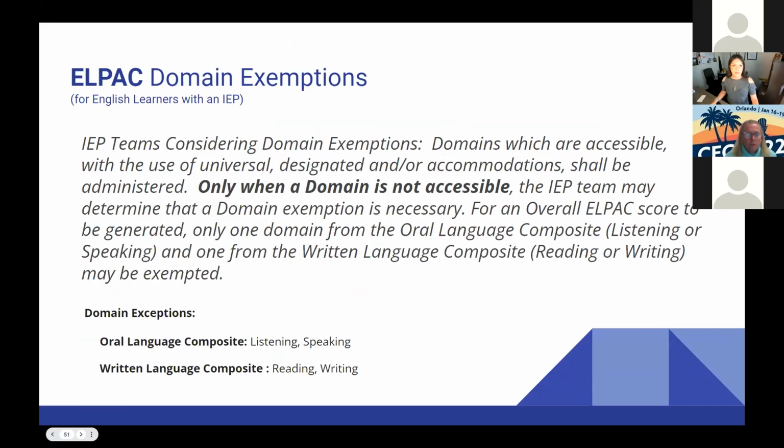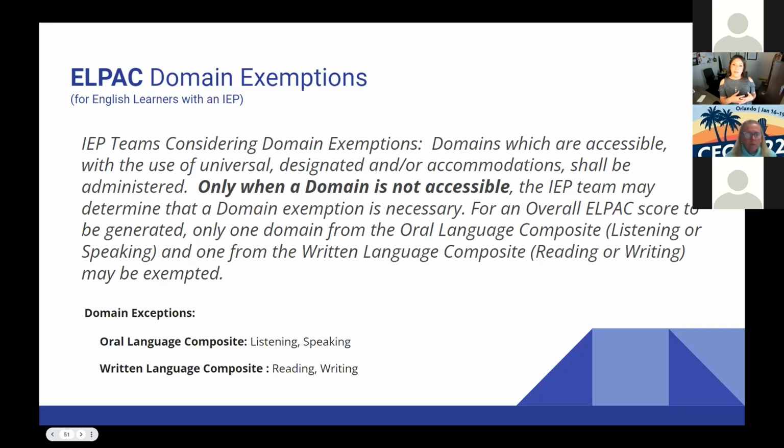Which takes us to the discussion of LPAC, right? So we talked earlier about that initial LPAC, the summative LPAC, that annual LPAC. We talked about assistive technology supports. We talked about language supports, comprehensive ELD being integrated and designated. Well, when it comes to determining what type of assessment would be appropriate for the student, for English learners with